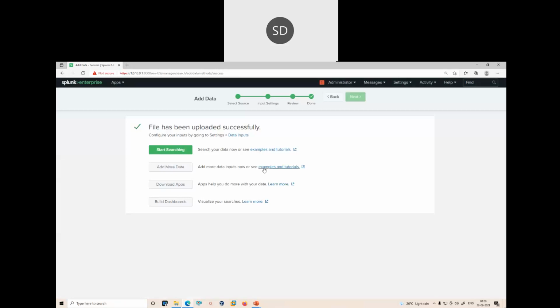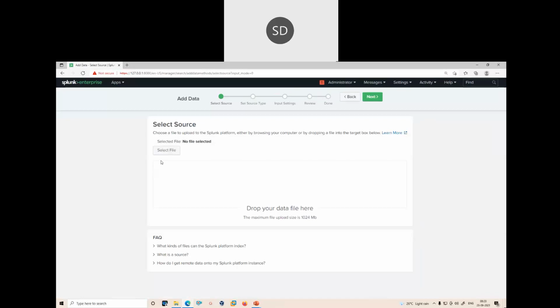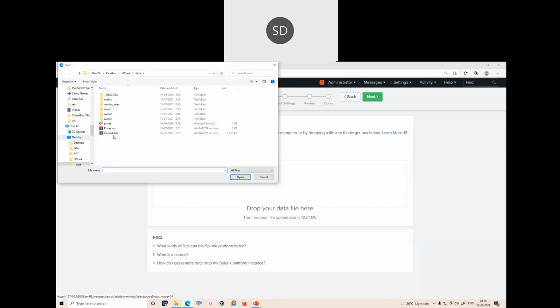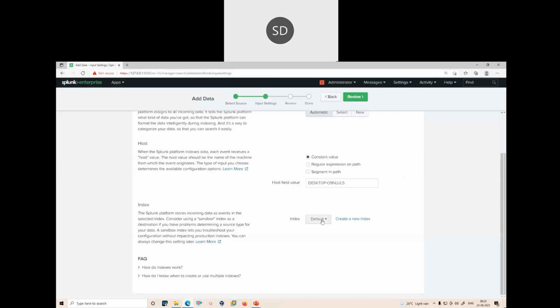Okay, so the next thing I'm going to do is create a next index. So let's again click on add data, and one more indexer I'll show you. We are going to create one called security. So I'll click on upload, and in the upload again I'll select file, and the same file I'm uploading here, but I'm creating a different indexer for a different practical.